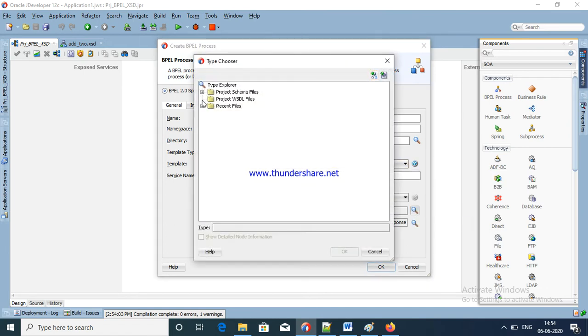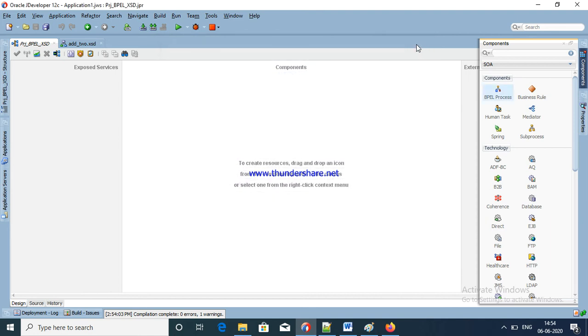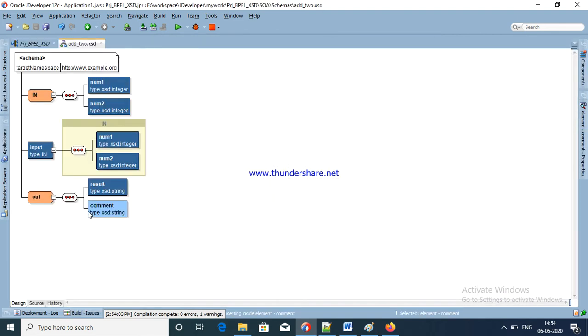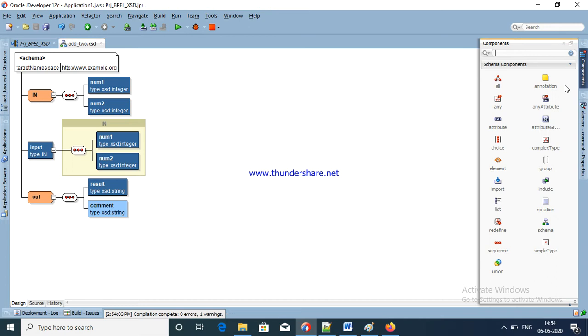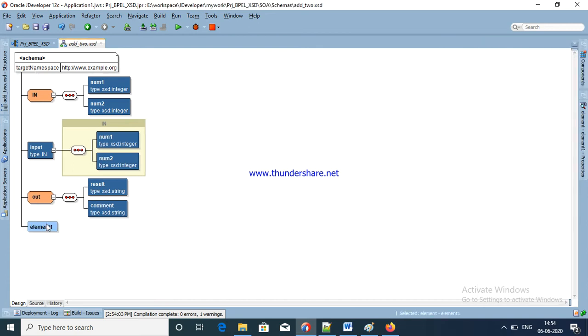I am going to use the XSD we created, add 2 numbers. See here, input. Okay, first I have not created the output. Okay, here see, I want to create the output element. Just drag and drop here. Okay, now output.